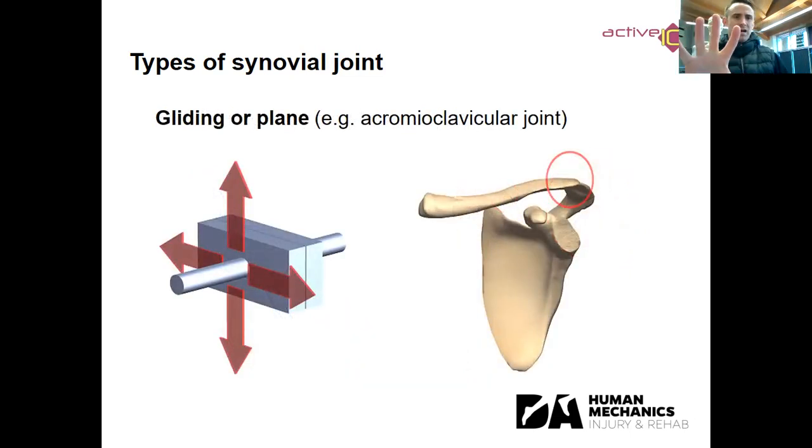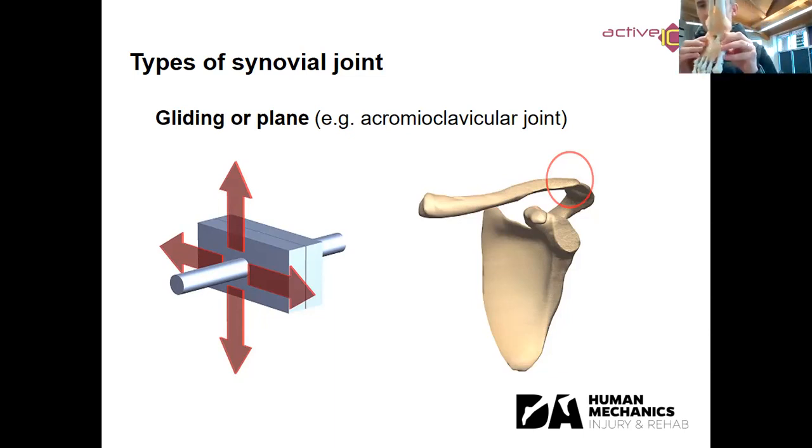Number 5, gliding or sometimes sliding joint. The example provided in this PowerPoint is the acromioclavicular joint, or the AC joint. So the AC joint is where your collarbone meets your shoulder blade, your clavicle and scapula. So again, we call it a glider or a sliding joint because it doesn't hinge, it's not a ball and socket, it's not saddle. It provides this level of movement. So this kind of gliding or sliding where we articulate kind of up and down, left and right of each other. Another example is